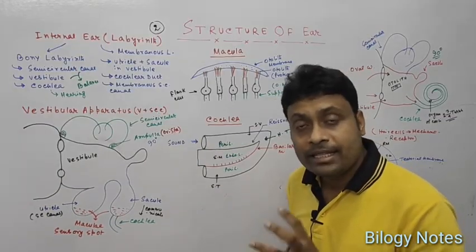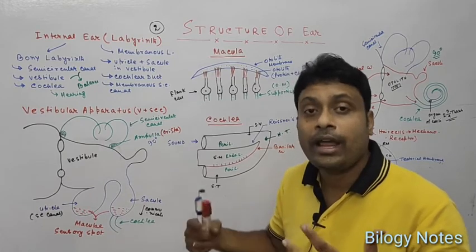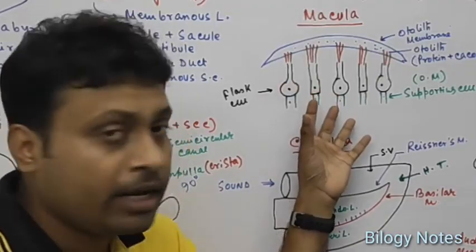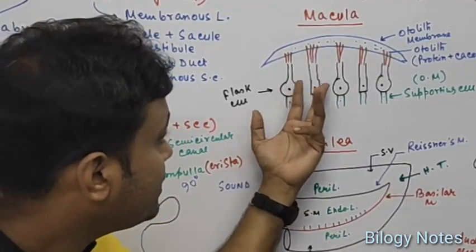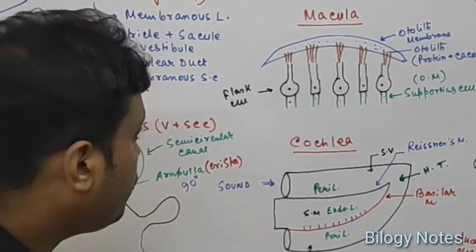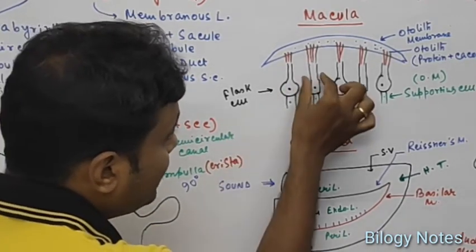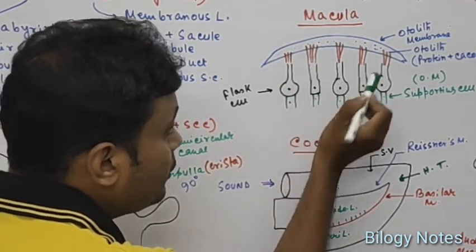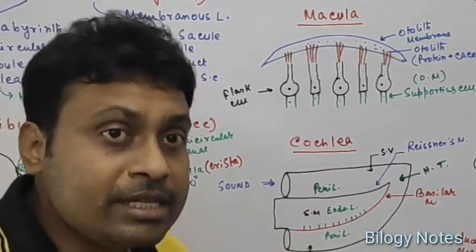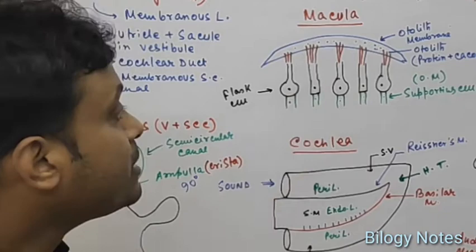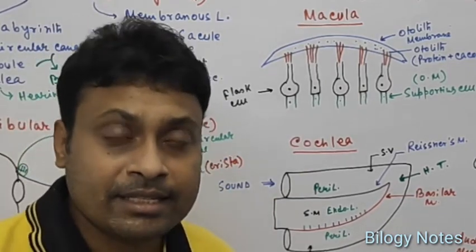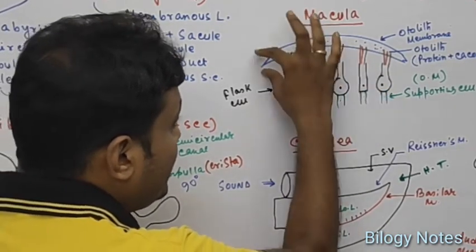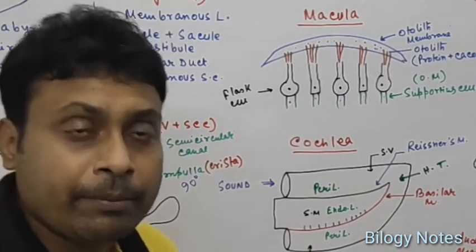And now we will see the structure of the macula and where the sensory cells are present. Okay, then this is actually the structure of the macula, and in this macula, you can see three types of cells. One type is known as the flask cell, and another type is the cylindrical cell. So the flask cell and the cylindrical cell contain hair-like projections, and for this reason, they are known as sensory hair cells, and they project their hairs into a membrane which is known as the otolithic membrane.